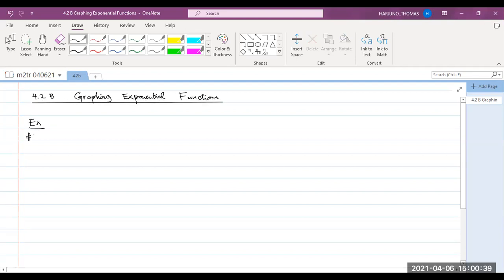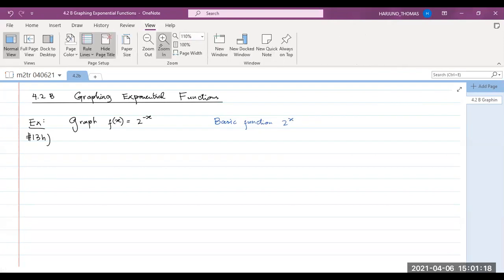From number 13H, we have: graph f(x) equals 2 to the negative x, 2 to the negative x. So the basic function will be 2 to the x,